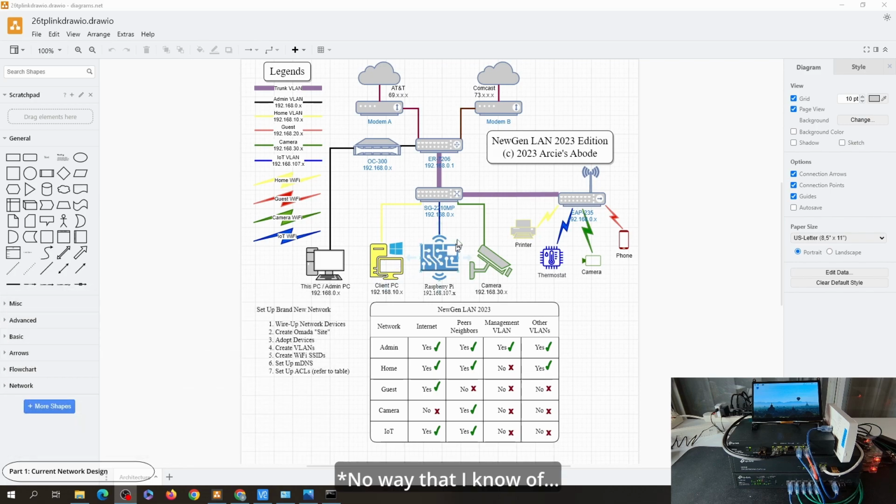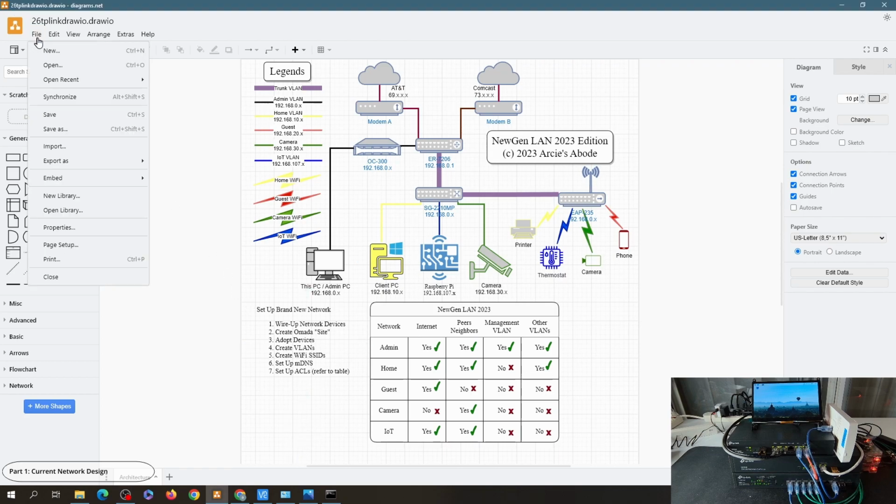But there is no way for the Raspberry Pi to initiate the communication back to this particular VLAN. So a use case, for example, is if there is a server here in the home VLAN that you would like your Raspberry Pi to access. I'll give a good example: the DNS server. If you would like your DNS server to be accessed by the Raspberry Pi using the current implementation and configuration in the previous episode, that cannot be done. The only way to go through that is through the Switch ACL, and that will be the focus of this episode. Let's continue with the configuration, but before I do that,